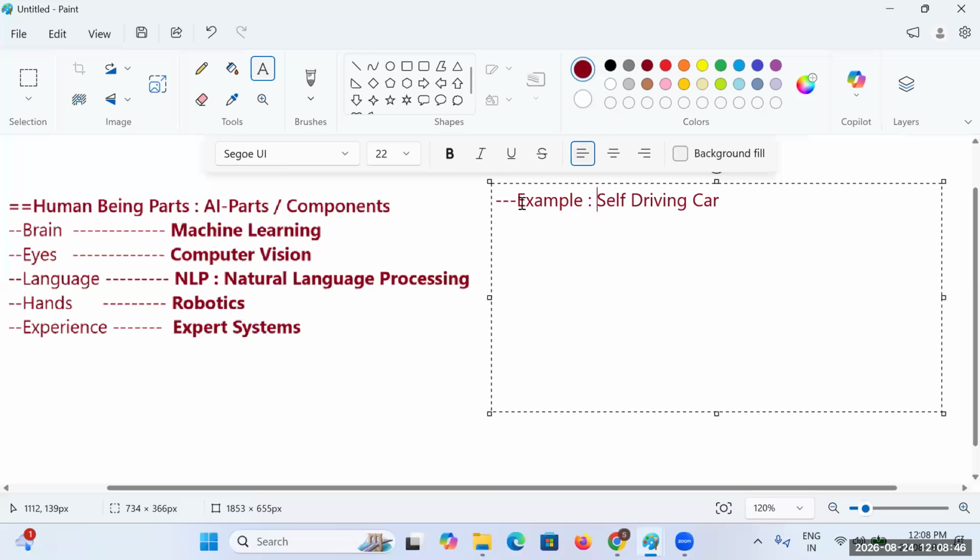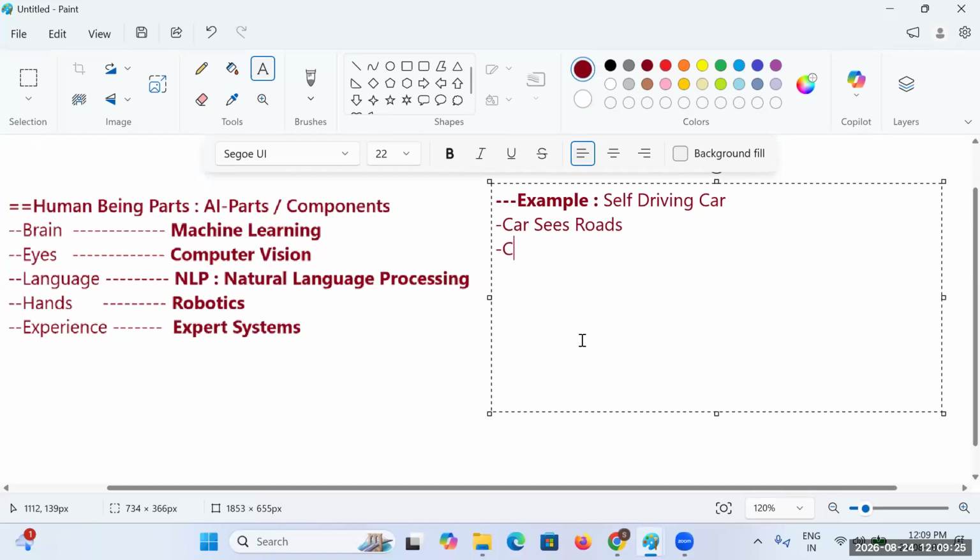Okay, so if I go with that self-driving car, see how AI has been applied and used. First, the car has to see the roads.